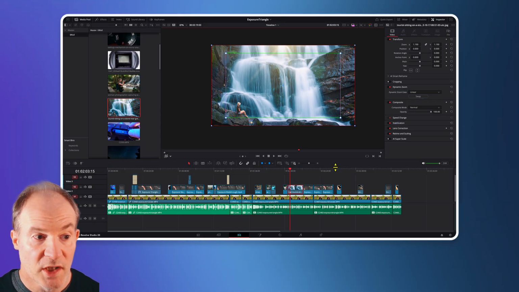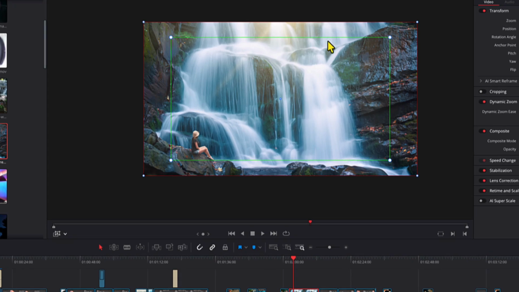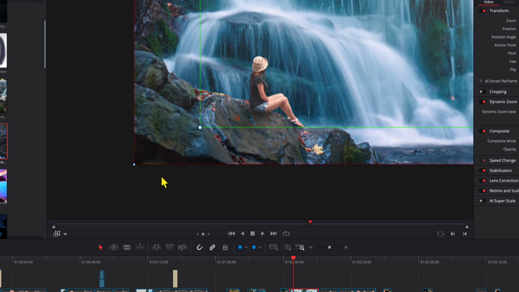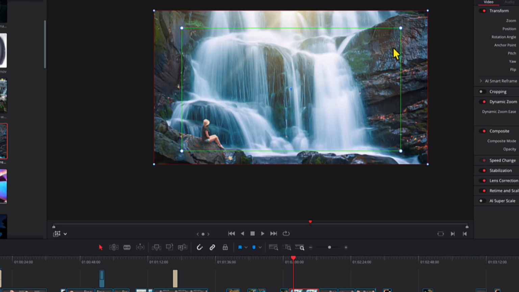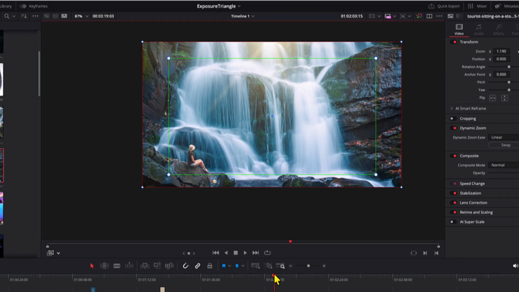Now, as soon as you click on it, you should see these little rectangles appear in the center of the screen. You've got this green one, and right on the edge, you probably can't see it that well because of the black, there's a very thin red line. If I zoom in, you should see there is a red one just on the side here. So the green is the in point and the red is the out point. So this means it's going to start off zoomed in and then it's going to zoom out. So if we play the clip now,